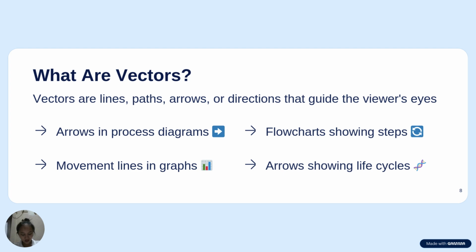So vectors are lines or arrows that help our eyes move across an image. They act like invisible paths, leading us from one part to another. For example, in a life cycle diagram, the arrows will guide us through the stages in the correct